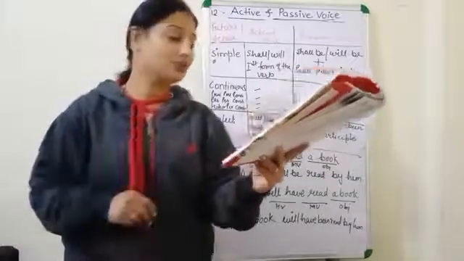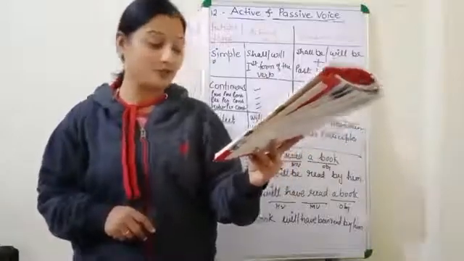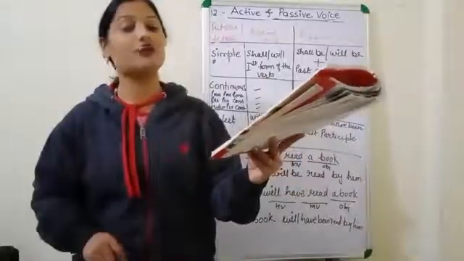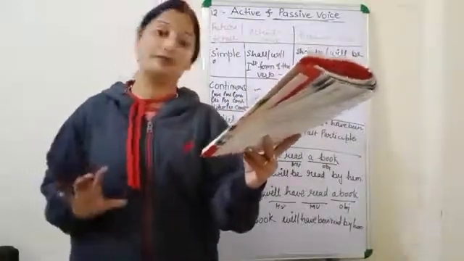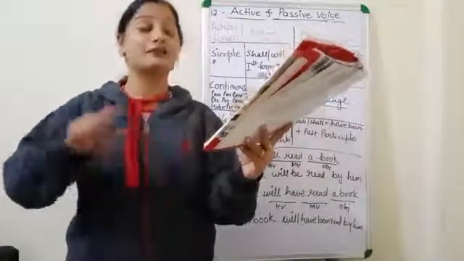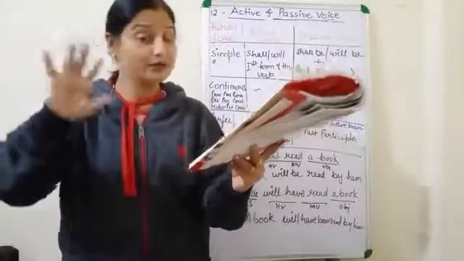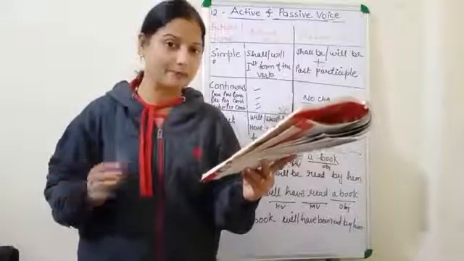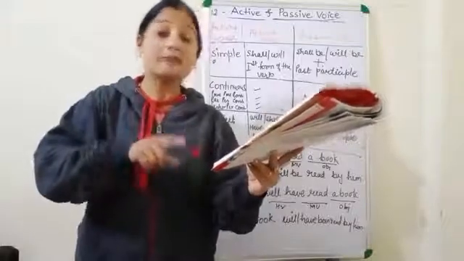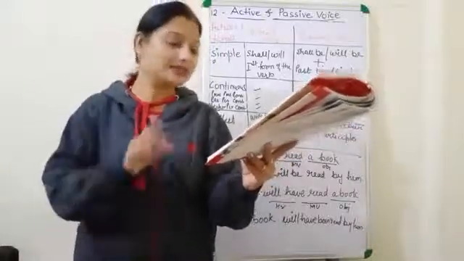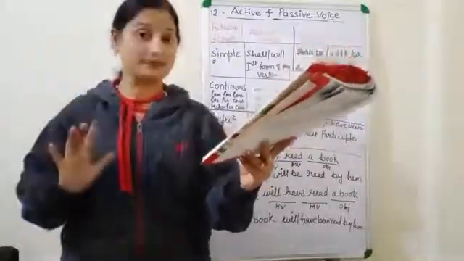Okay, so the rule will be: auxiliary plus root form of the verb in the active voice, and in the passive voice, auxiliary plus be plus third form of the verb. So in the active voice, we will see the auxiliary plus root form of the verb. Auxiliary may be can, could, may, might, should, would, must, ought to. Anything can be an auxiliary plus form of the verb, as required. What to do in the passive? Auxiliary plus be plus third form of the verb. And that's why the sentence is written as, traffic rules should be obeyed by us.